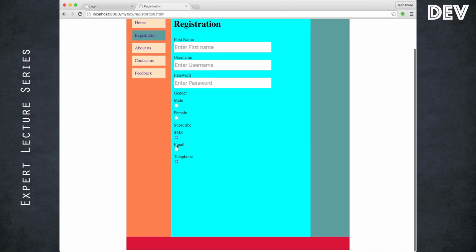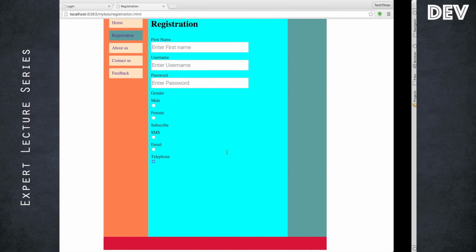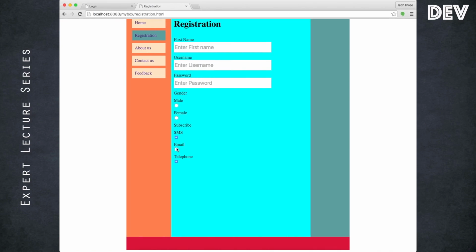Either one or multiple choices can be selected. So the input element has the type attribute value set to checkbox in this case. Of course, it could have a different name and ID because they are different groups, and each independently has a check and uncheck state. But the radio button is a grouped one, so only one choice is allowed.